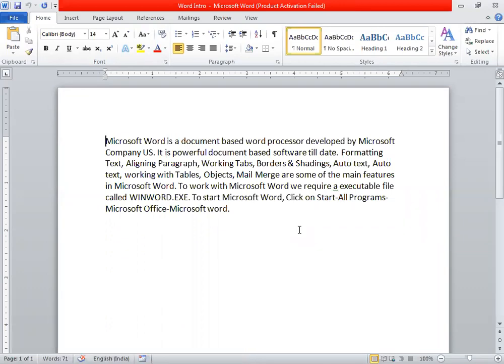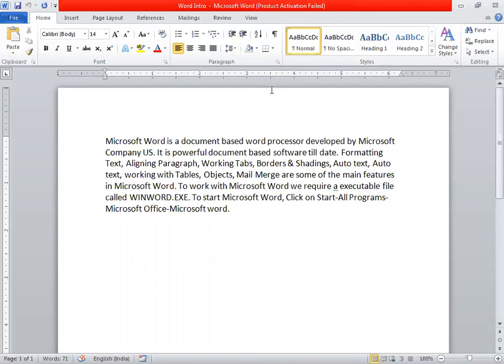By default, in Microsoft Word, the text flows from left to right, and there is always some alignment. Here, alignment means adjusting the text. In this way, we can adjust the text in 4 types of alignments. One is left, next is right alignment, next the center alignment, and the justify alignment. And the alignment we see in textbooks, magazines, and newspapers, the text will be aligned in justify.